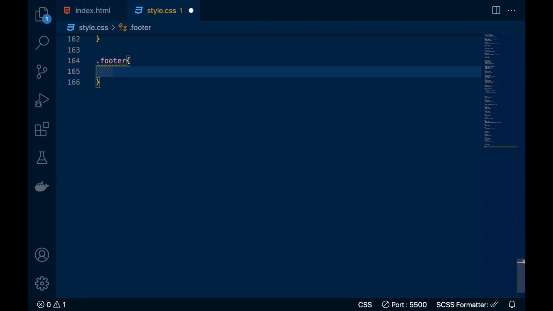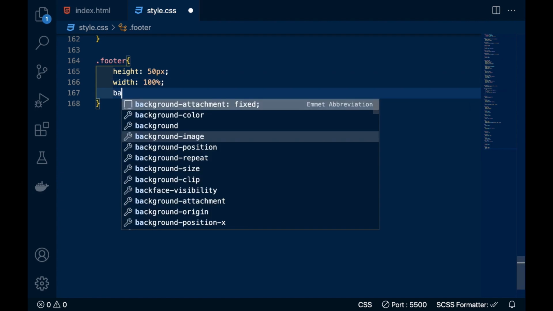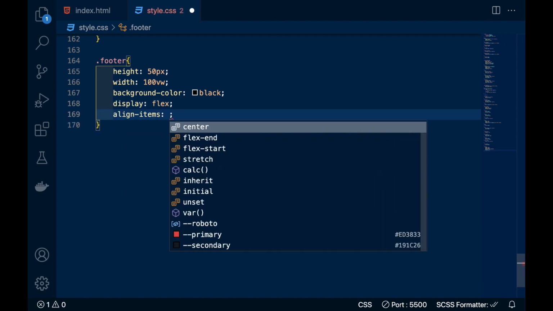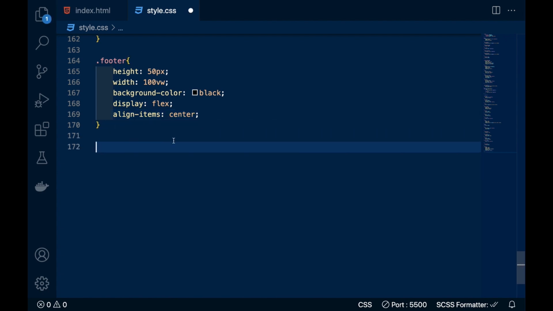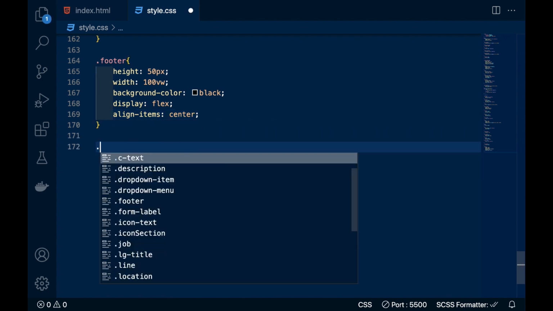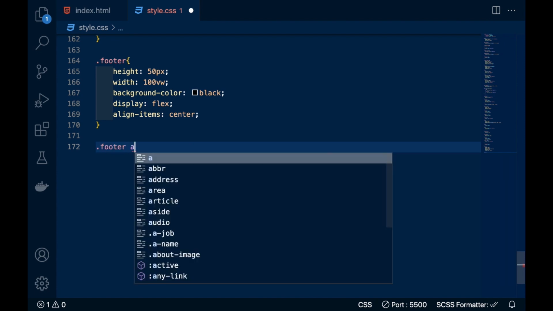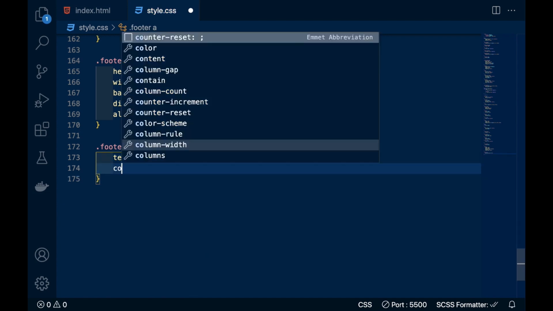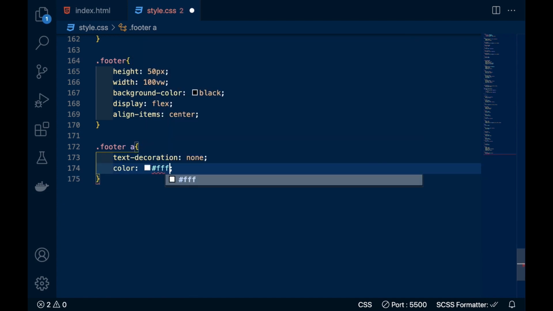Footer will have height of 50 pixels, width of 100%, and background color would be black. In the center we will write display flex, align items center, and after that inside that footer we will style the anchor tag. Text decoration will be none and color would be white.